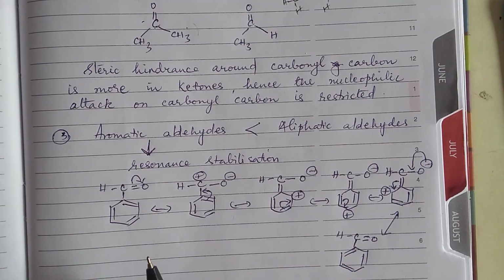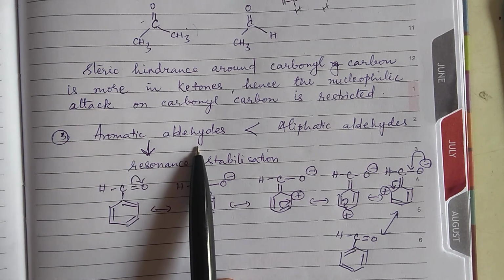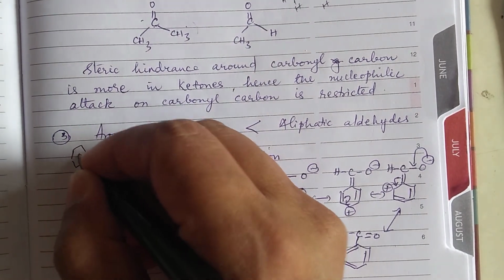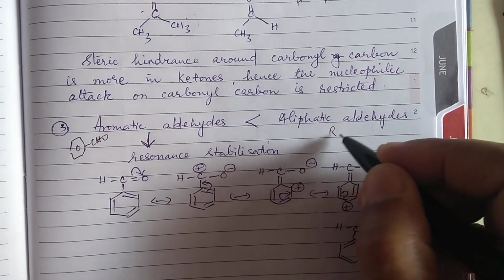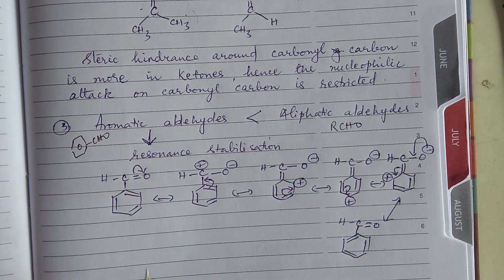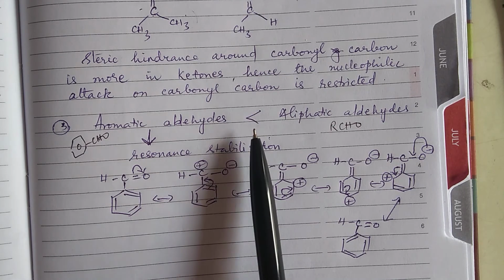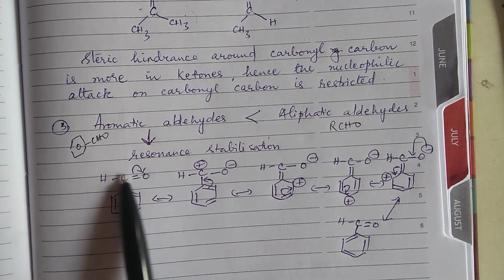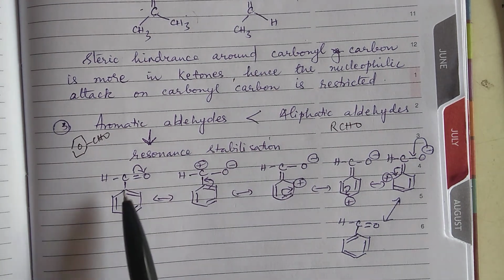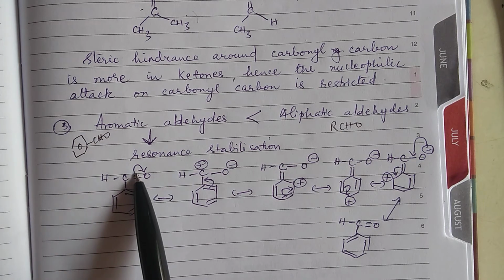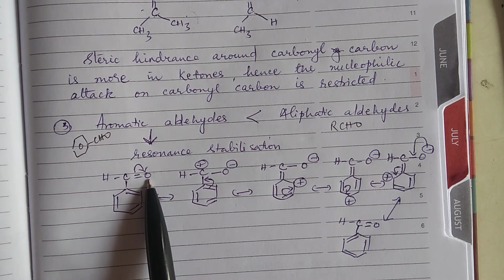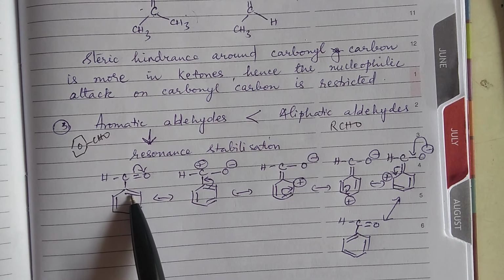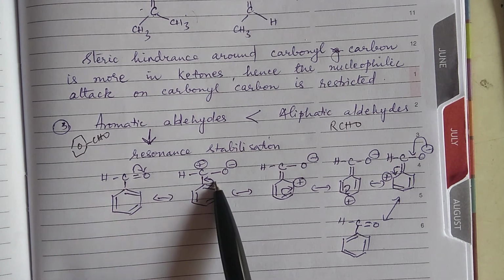And then if you compare aromatic aldehydes and aliphatic aldehydes, say benzaldehyde. Aromatic aldehyde means benzaldehyde. Aliphatic aldehyde means any RCHO. Now, benzaldehyde has been found to be less reactive than aliphatic aldehyde. Why? Because of resonance stabilization. Now, what is happening here? I told you already, the carbonyl group is polar. So if the pair of electrons is shifting towards oxygen, creating a negative charge on this and a positive charge on this, then this pair of electrons within the ring will get shifted to neutralize the positive charge on carbon.